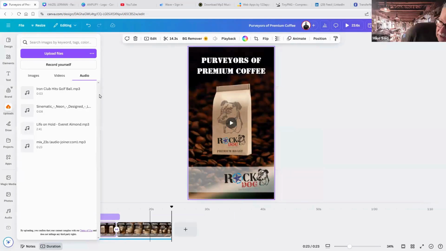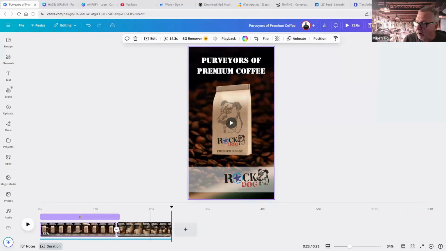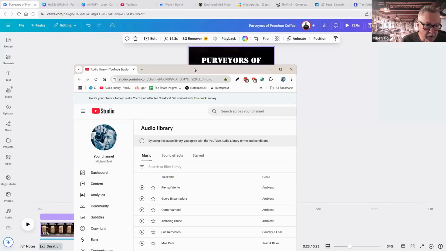The thing I just want to warn you about with uploading MP3 files is that Facebook will block you very quickly if you're using licensed music. You need to try and use royalty-free music. And the way to find really great royalty-free music, I'm going to do that for you right now. Just give me a second to drag across another screen for you. This screen over here, which is